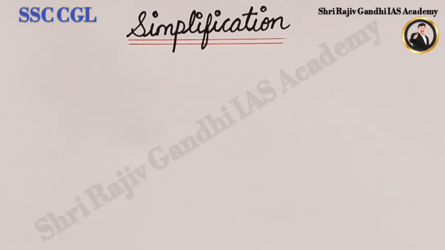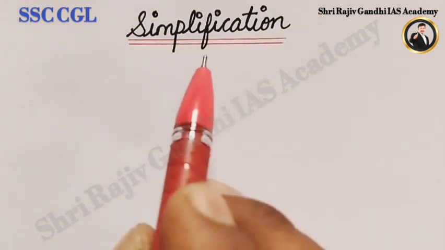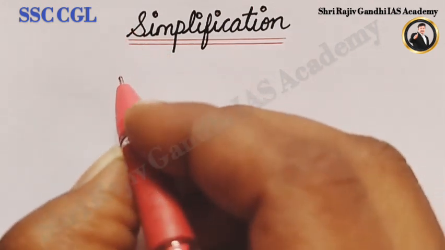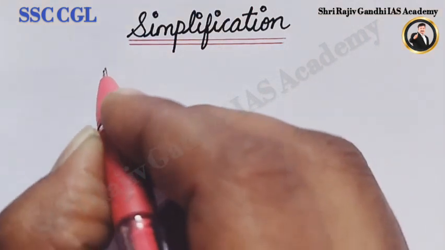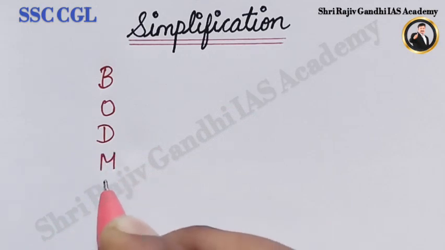So before entering into the simplification topic, we have to know the BODMAS rule. These kinds of simplification sums are repeatedly asked in all exams. Maximum 1 mark or 2 mark questions are asked. So here, first of all, the BODMAS rule,